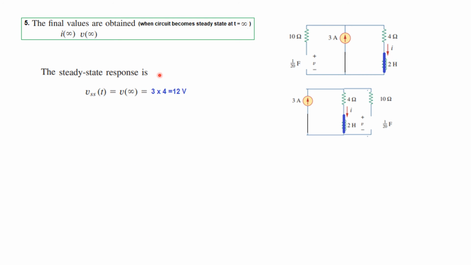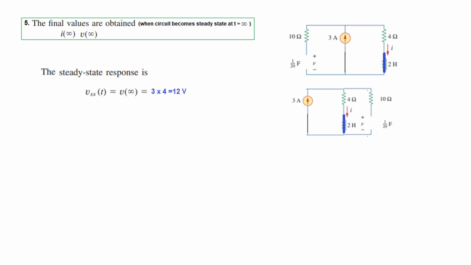So this will be easy for us to write the voltage. So the steady state response, or VSS, is equal to V infinity. This voltage actually we are trying to find, and what will be this voltage? Whatever is the drop in this line, that will come across the open circuit, and the drop here will be this current 3 multiplied by 4, 12. So 3 multiplied by 4, 12 volts is our V infinity or V steady state.